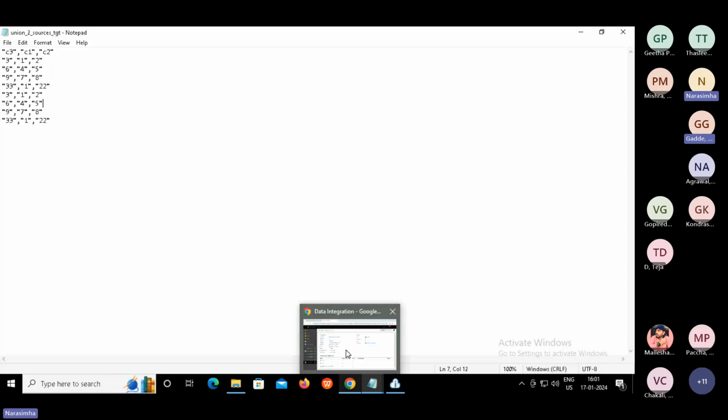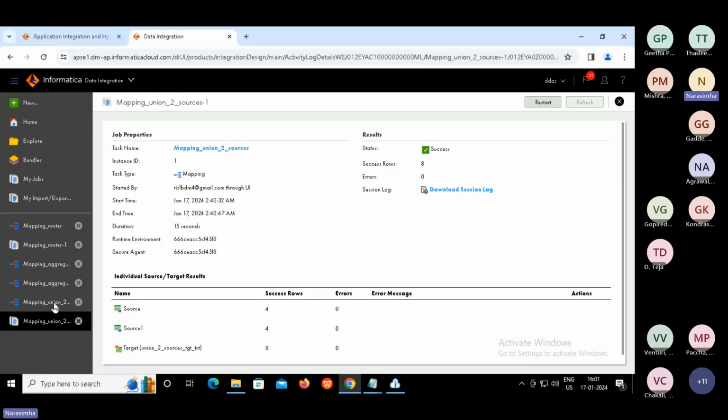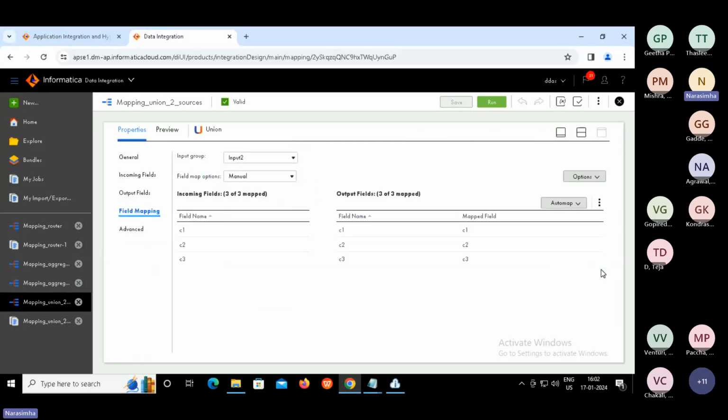Why does C3 come first? Exactly, I got that. Order doesn't matter anyway. We don't need to care about it. But we can change that order by using an existing target, where we can map based on whichever order that you want. So the default, yes, the last one comes first.